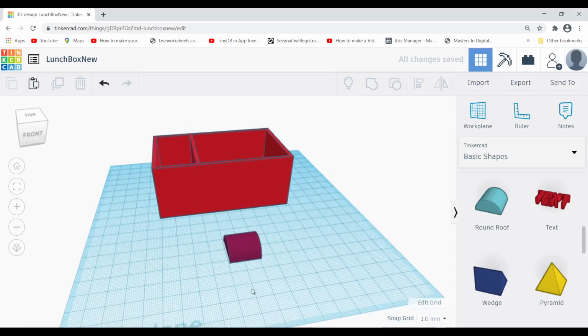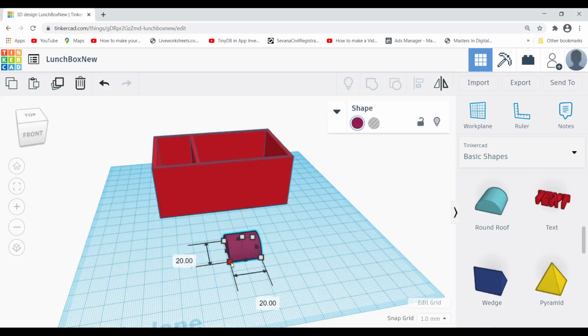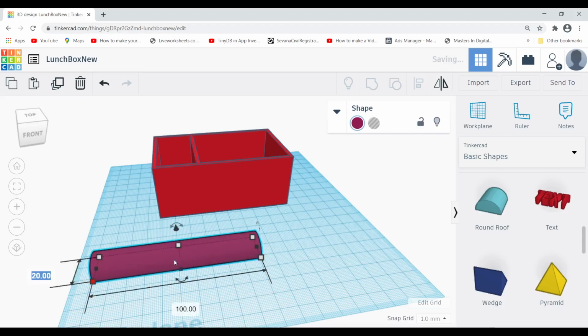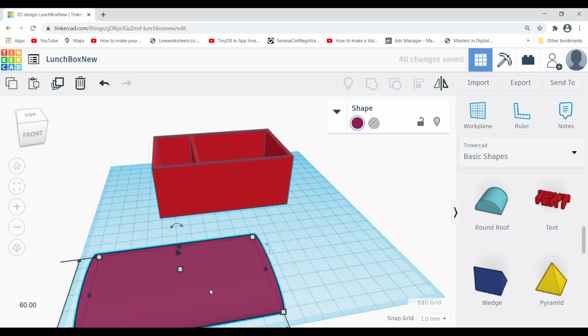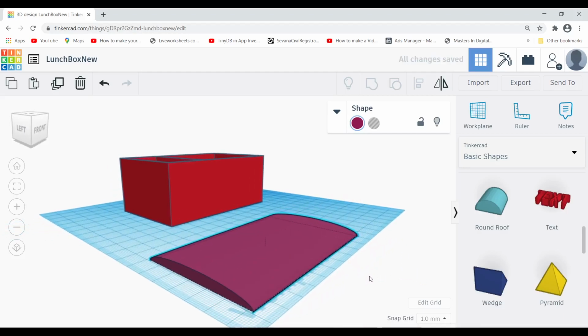Now the lid, we know the dimensions of this, that is the base is 100 by 60, so those values I have to give over here, 100 and 60. Now the height, we consider it is too big. Instead of 10 I can give somewhere 5. Now the good top is created.